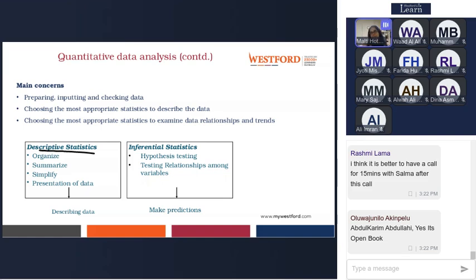And in inferential statistics, you will talk about the relationship between your dependent and independent variables, right? And then you will talk about whether the hypothesis is accepted or rejected. So there are two types of statistical analysis in quantitative data analysis. If you do only descriptive analysis, then your study will be a descriptive study, right? So you cannot expect an A on this. For reaching an A, that is distinction, you need to have some inferential statistics. Fine.